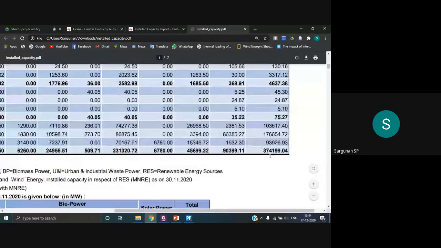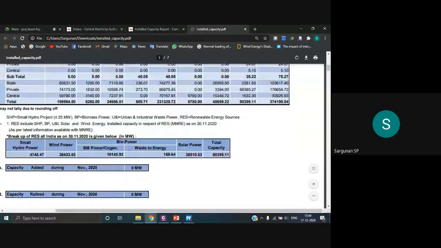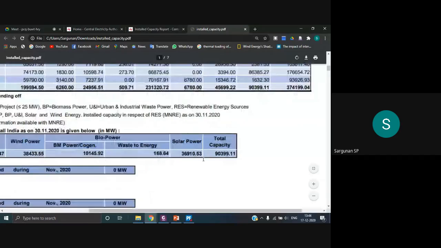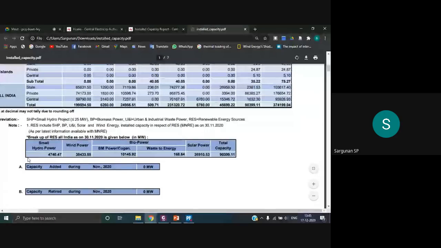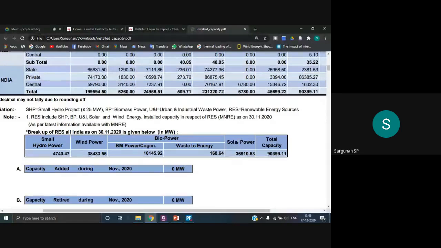Out of which, here you can see this is the renewable energy generation. Here you can see the small hydro power, this is your wind power, this is your bio power, and this is your solar power. Here you can see the solar power alone is 36 gigawatt, and similarly the wind is around 38 gigawatt. So solar is somewhat less than the wind, but as you compare with